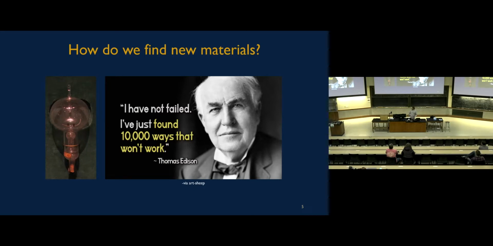When he was trying to find a material that worked inside his light bulb, he just brute force decided to try thousands and thousands of materials and find one that worked. And eventually it was carbonized bamboo wood that happened to give him what he wanted. But that's brute force, or trial and error, as we professionals like to call it. Throw a bunch of stuff at the wall and see what sticks. And so that's how we did things for 5,000 years.